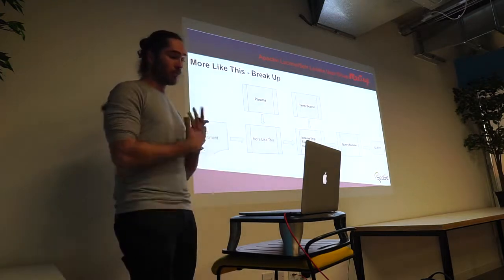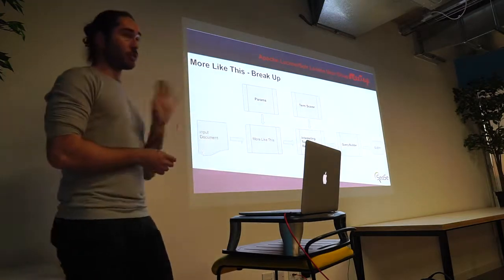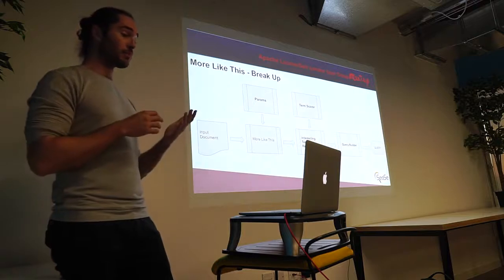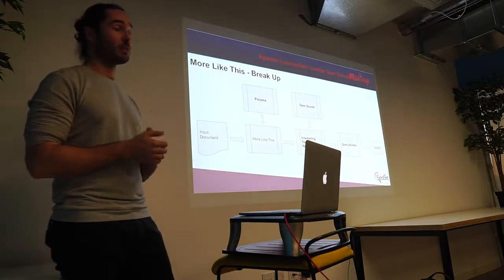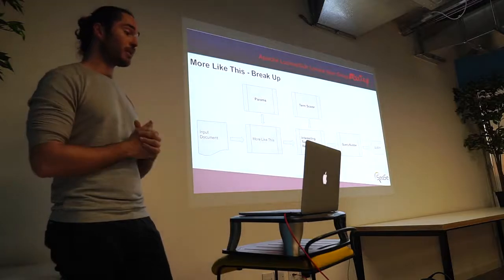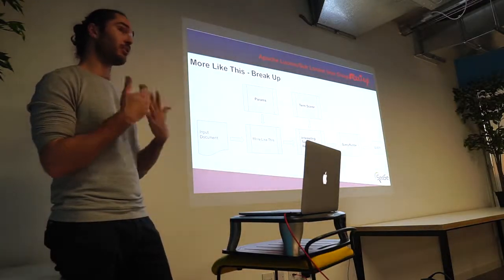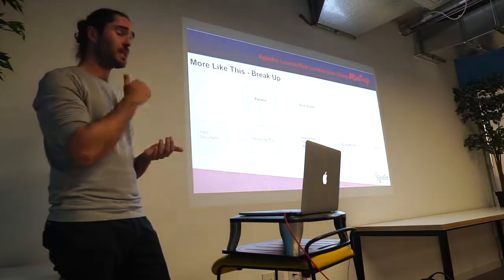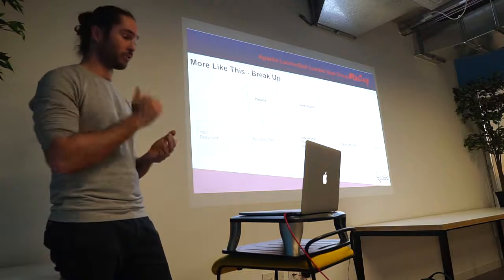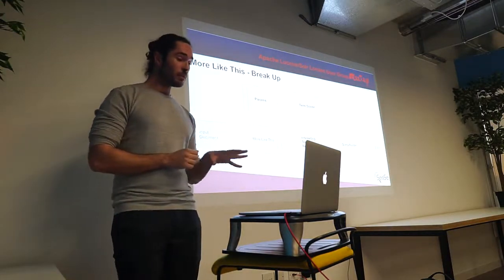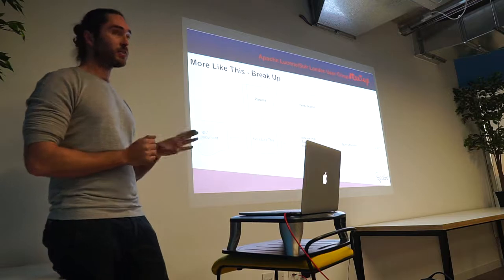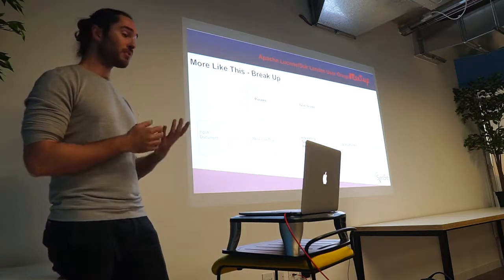Then, how does the More Like This work? It takes in input the document, and it takes in input as a basic parameter the list of fields you want to use for similarity. So potentially you have a document, and you want to find similar documents based on the title, the abstract, and the authors of that paper. Out of these fields, the More Like This extracts interesting terms, so terms that